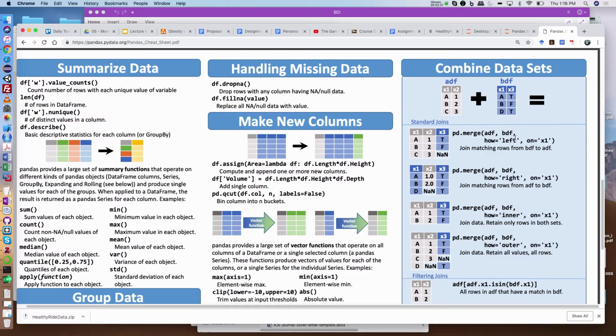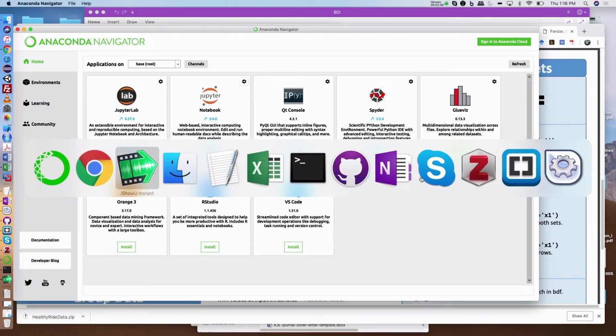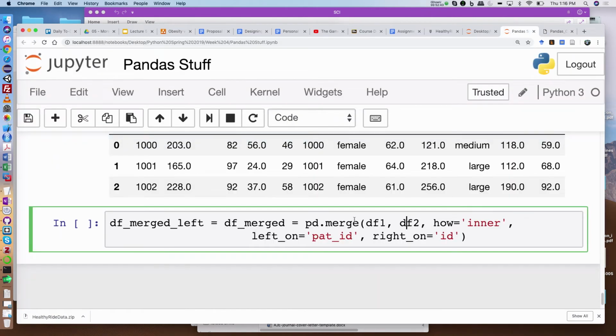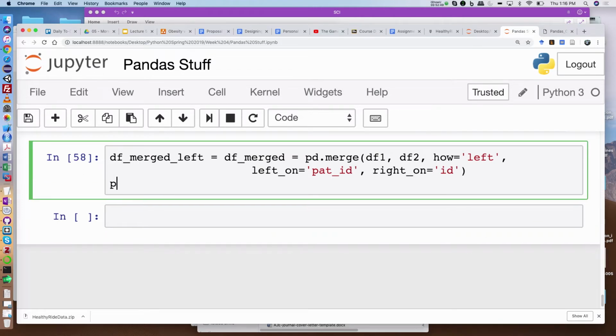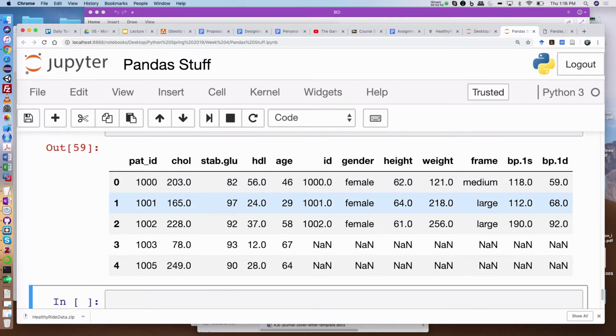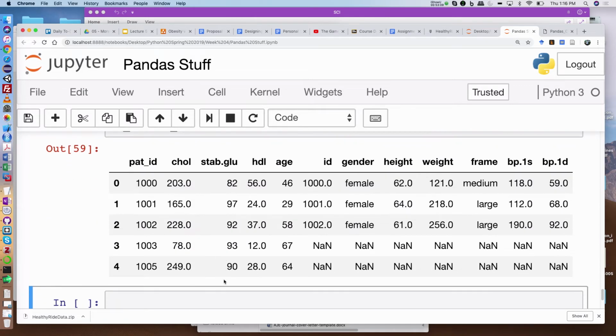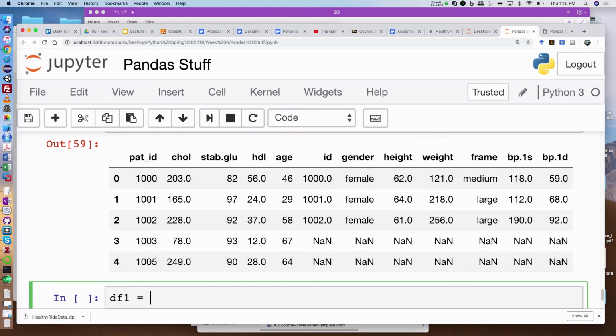So this is what's going to happen when I actually specify my join as left. So instead of inner, I'm going to say left. And actually print this, df merge left. So you can see that the last two rows that did not match will show NaNs. So let's screw up the first data frame just so that we could see what happens with the right join. So I'm going to say df1 equals df1 from 1